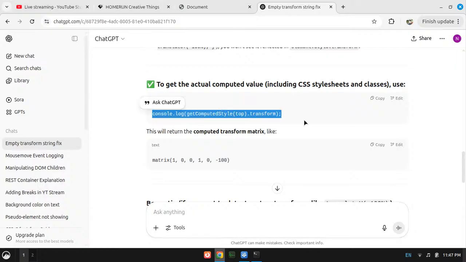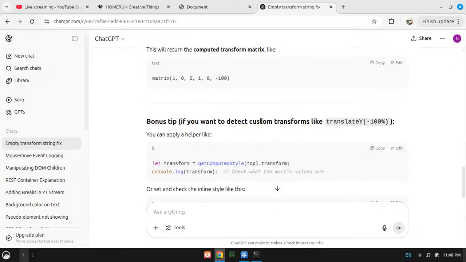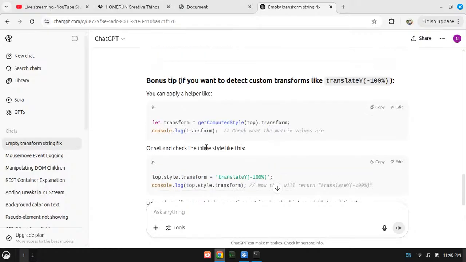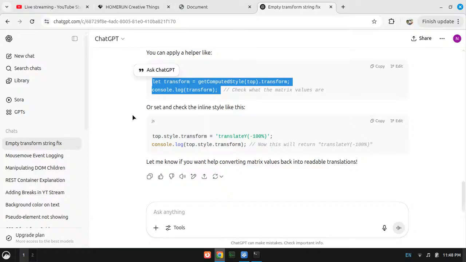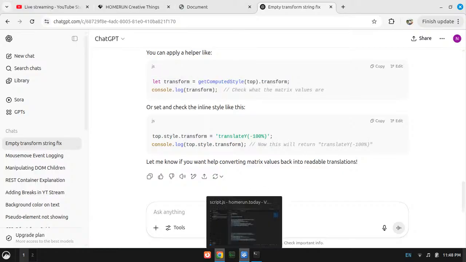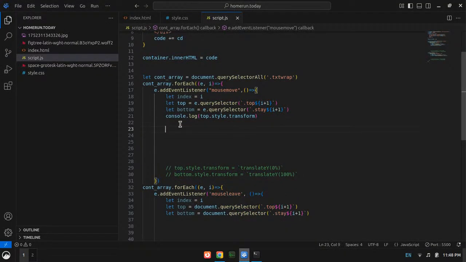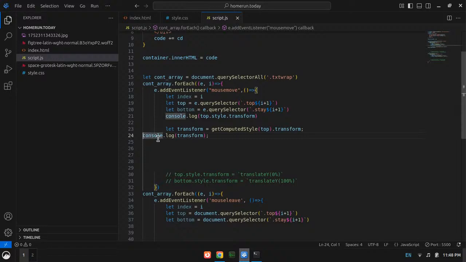Okay, so this is what ChatGPT gave us. Let's see if it works.